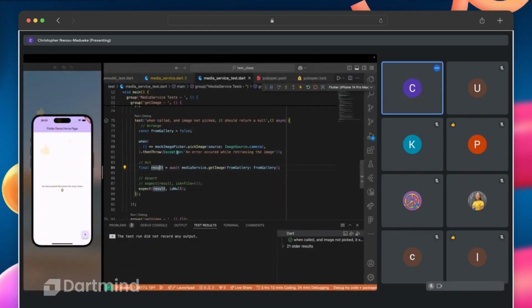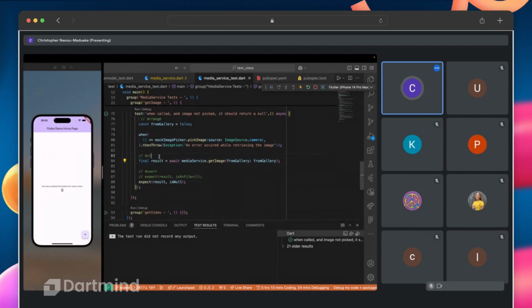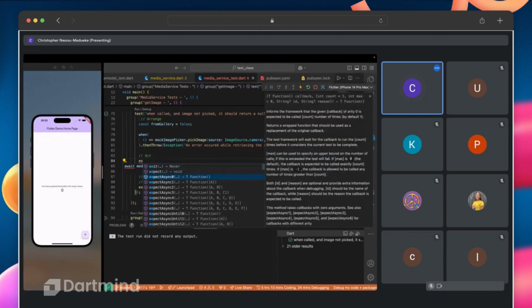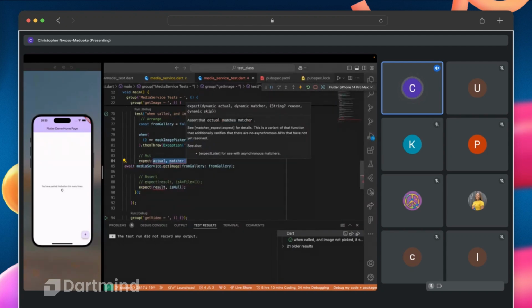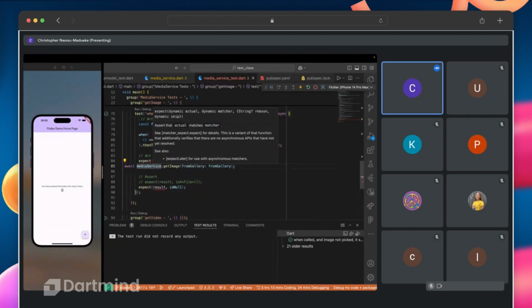So we have our error case here, right? And then what we want to do is also expect that our function throws us an error. There's a way you can do that, by using the expect. We can expect that this guy